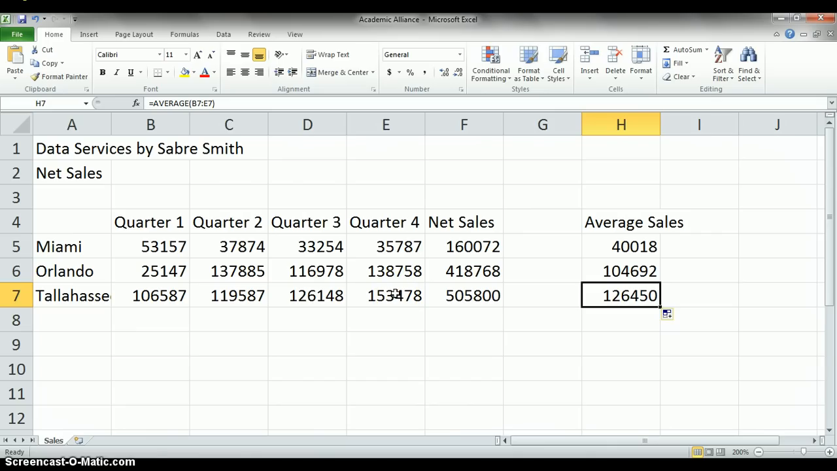And now moving on to step 6, it says create a total for each quarter, the net sales, and the average sales, and label the row total sales. So it's telling us create a total for each quarter, 1 through 4, the net sales, and the average sales. Label the row total sales. So we're going to put this in row 8, and we'll put total sales in A8. And we can press enter, and now let's move to cell B8,